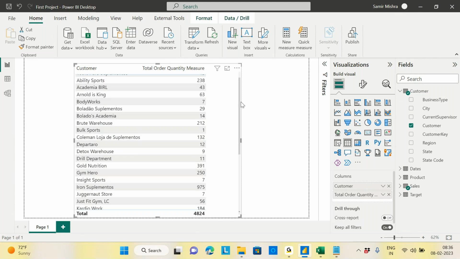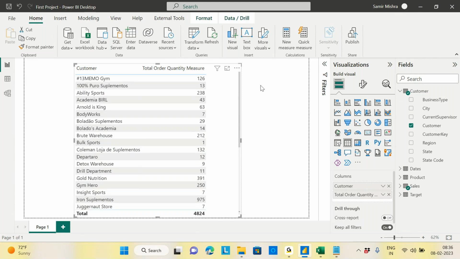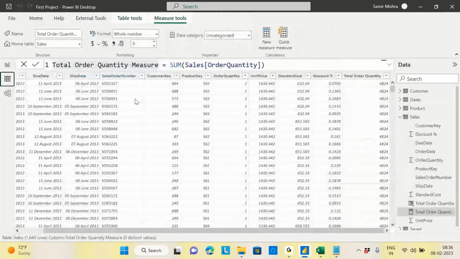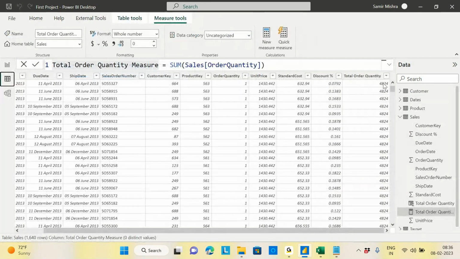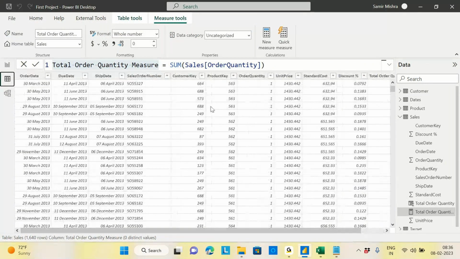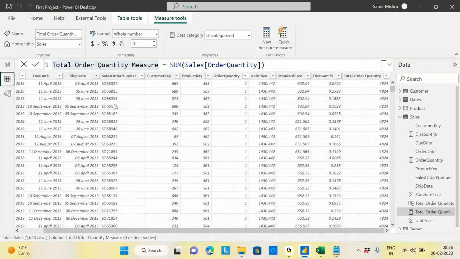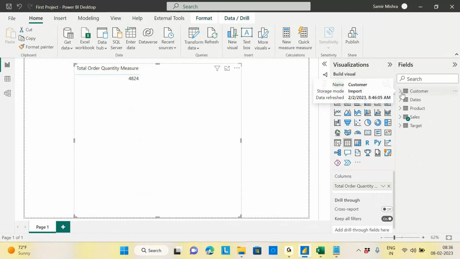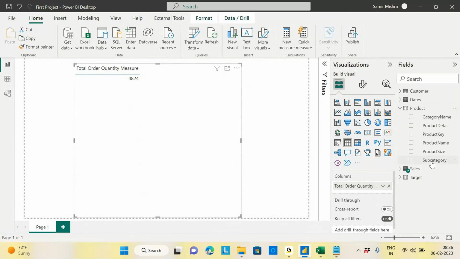When somebody is starting in Power BI, it is quite confusing, because it is not stored inside the table. If it were a column, I could say that this 4824 is for this customer and whatever the information. But it is not stored inside the table. But if you bring the customer or anything, even a product category name,